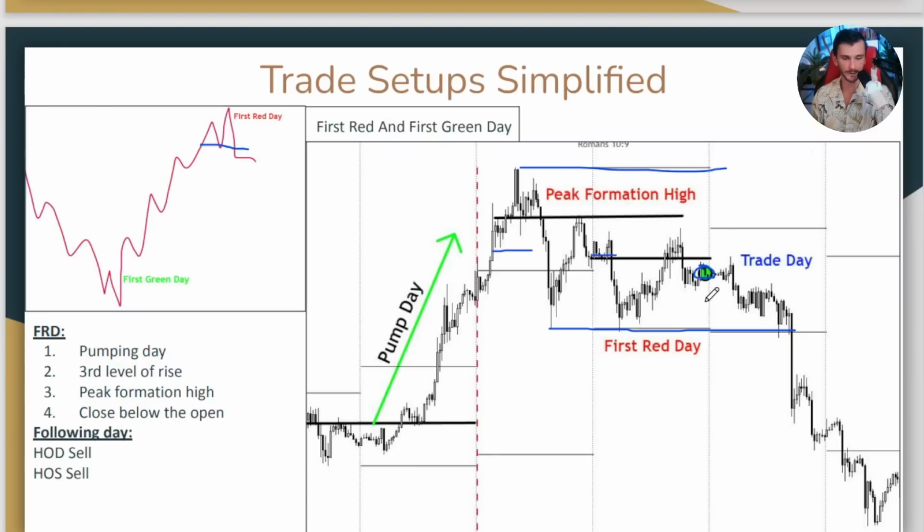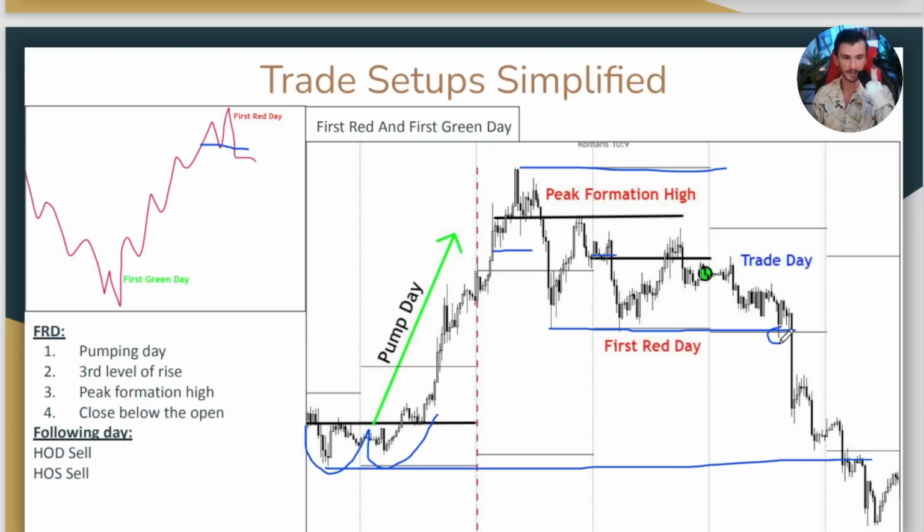Ideally, this could have closed maybe in the lower portion of the range, but that's okay. Not always going to be perfect, but it's still showing weakness, and that we could be reversing back down towards the previous peak formation low. That was the last place that they trapped volume, and that could be where we're heading back to in the longer term. So on the actual trade day, now of course we're looking for a sell high opportunity,